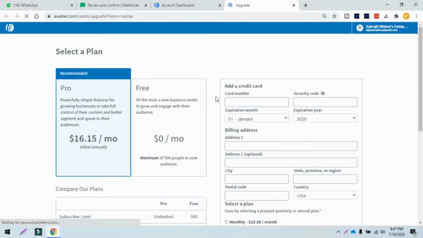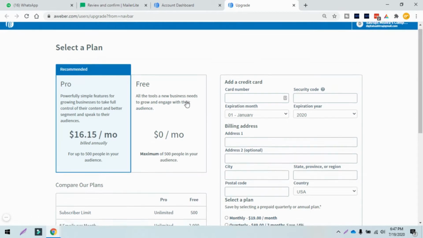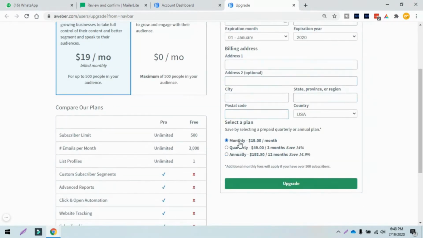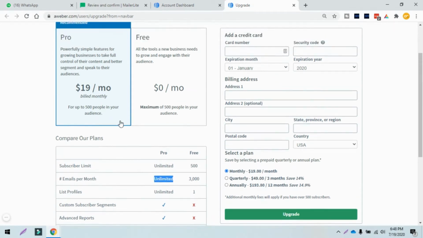I really like these plans because they are flexible, and the main part is there are no restrictions. Like in other email tools, they restrict you from using certain facilities and features, but in Aweber, there are no restrictions. Here you can select the monthly plan, quarterly plan or annual plan. If you go with the monthly plan, you can send unlimited emails to 500 people.